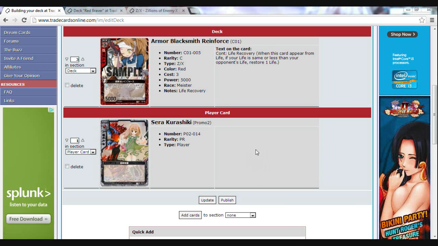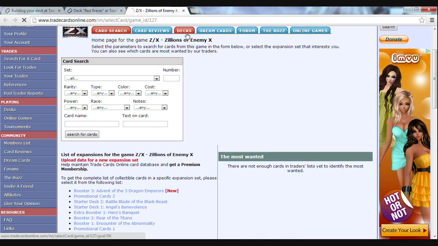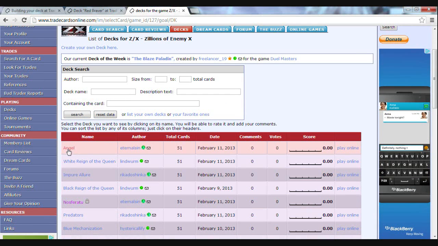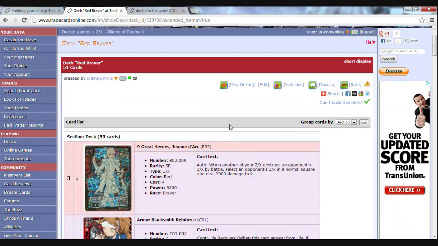Right, I forgot to add that after you finish making a deck, you just click on this publish button, and yes, it'll go to the deck tab. The top here, it'll be a deck. Click on it. It'll appear like this. It'll be in the short display, but you can extend it, or if you don't want to, it's the same. You just press on this play online,